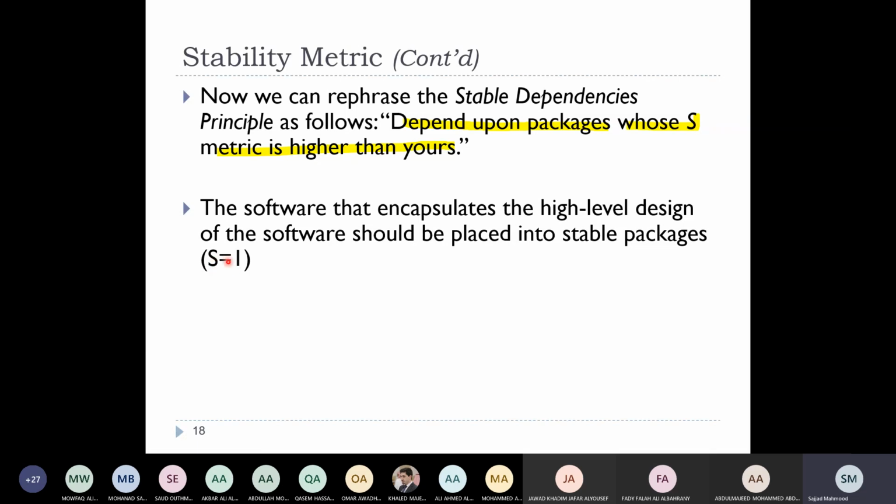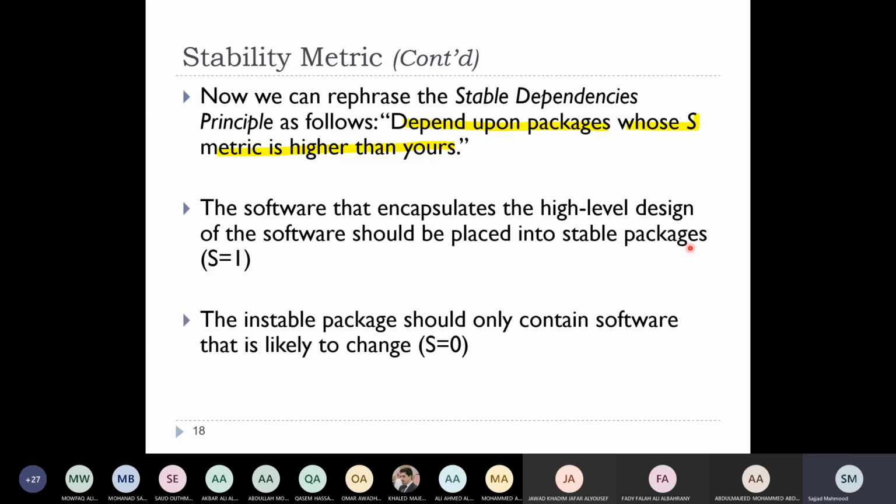This means a lot of packages are depending on it. In other words, I should put the core part of my design, which is not going to change, into those packages. While on the flip side, the things which are going to change a lot or which are going to be flexible, I should put them into packages